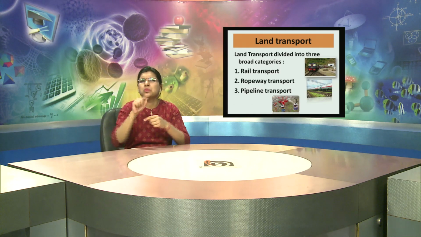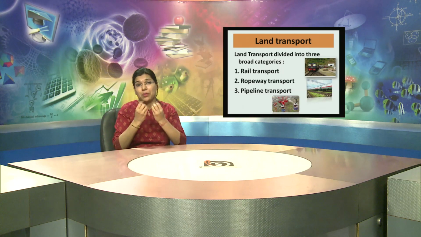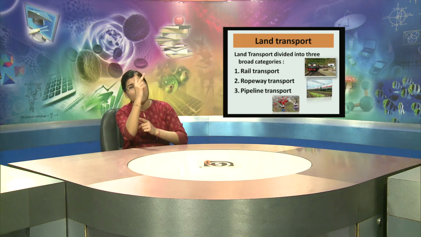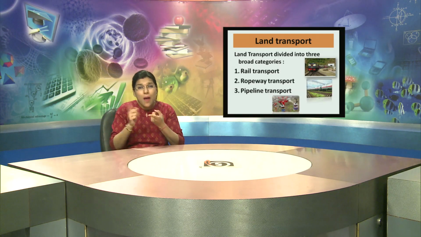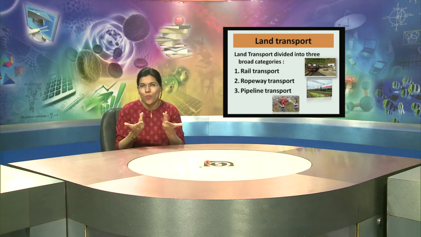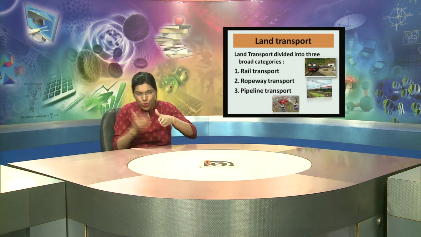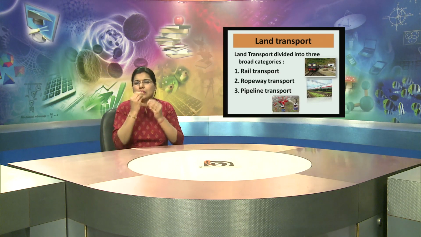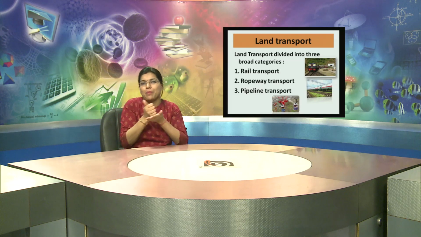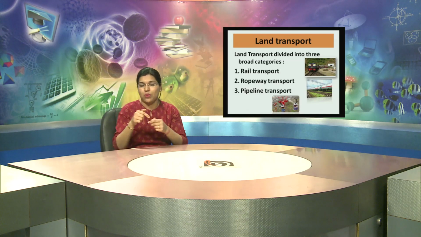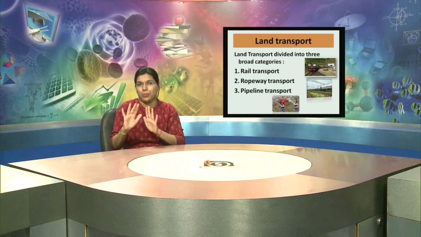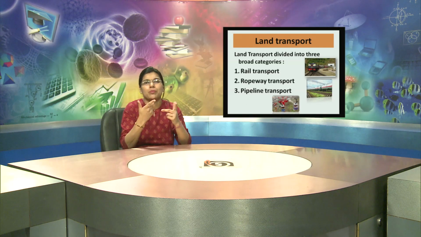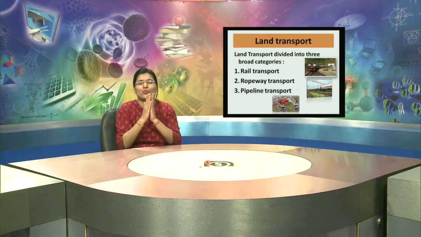Second is ropeway transport. It has many uses. As you all know, in mountains, how do things travel? There are roads which are very small, one-way roads through which we can get stuck. Ropeway transport helps us to move goods from one place to another place. For example, in mountains,